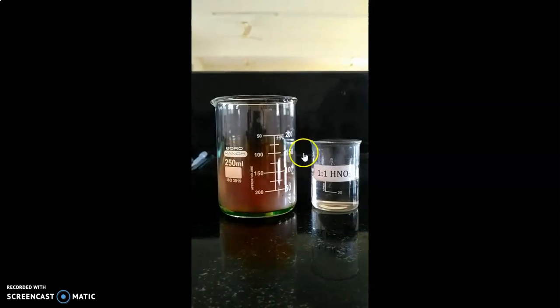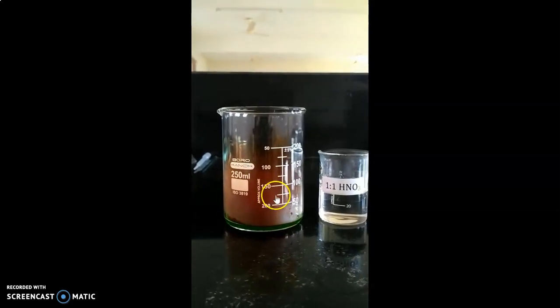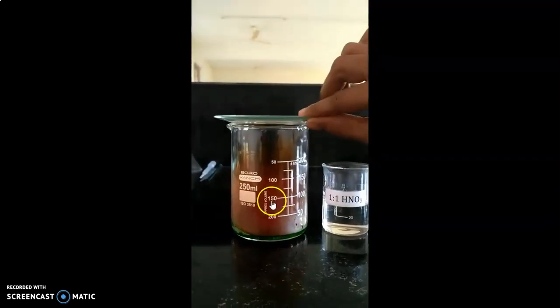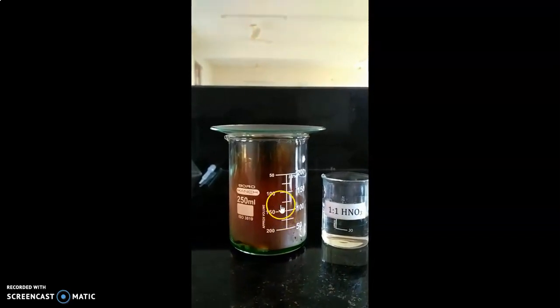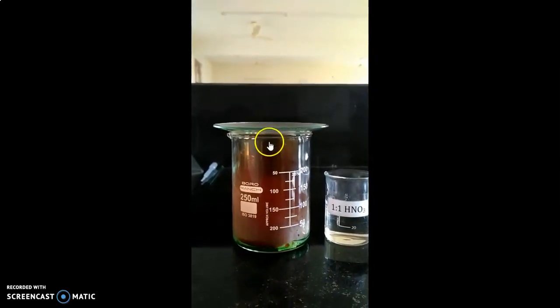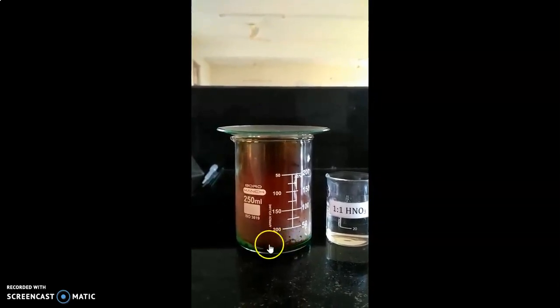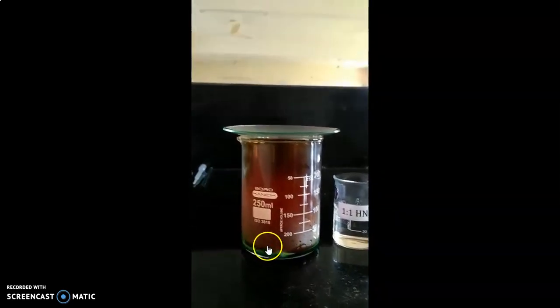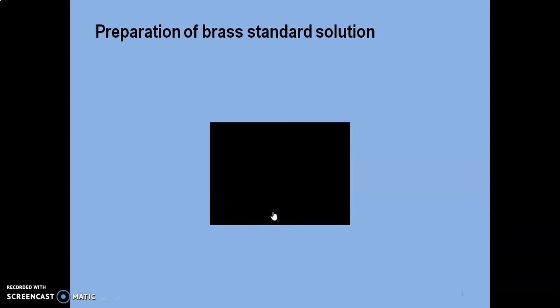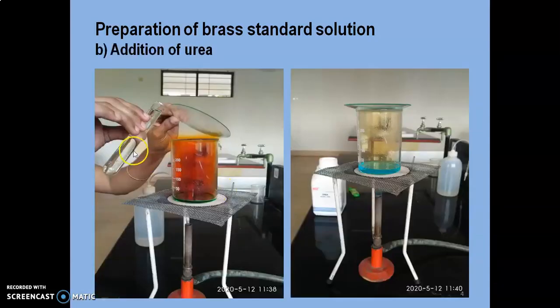So after the addition of nitric acid, we can see the brown fumes and it is exothermic, and we have to cover it with a watch glass. And we can see the effervescence until all the brass strip dissolves completely. Later, 1 test tube of water has to be added. Later, it has to be heated over the flame.